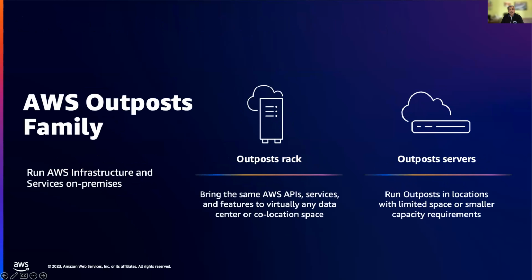So just walking around a little bit. I talked about the two types of outposts. One is the outpost rack, which is pretty much a full rack in a data center, with full dual redundancy and so on. That is really what you put into your data center, and it's all managed by AWS. Apart from that, we also have smaller versions called outpost servers. That's more for smaller offices, branch offices and so on, where there is not enough space, but you still need connectivity. That's where you would use your outpost server.